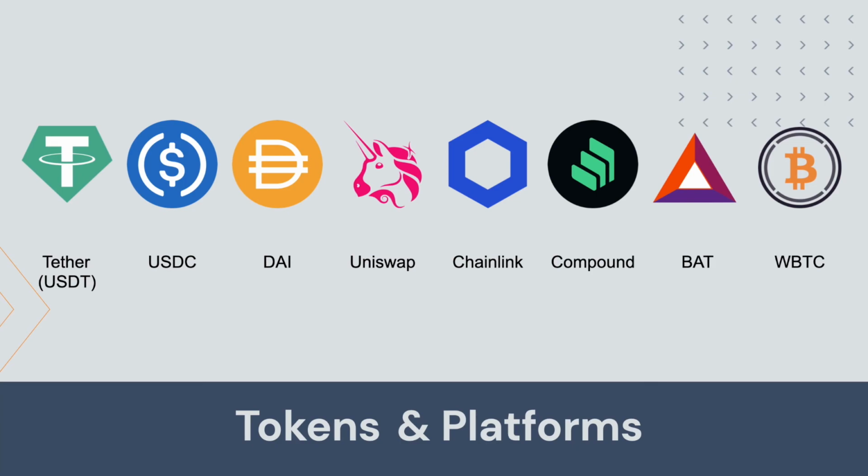They have their own tokens, but they are more voting power. A quick summary: Tether and USDC, they are a company that has a bank account. You deposit $1 and they return you one token. So you are sure that your token is valued at $1 because you go back to them, ask them for the dollar for your token, and they return you the US dollar. DAI, I already explained how it works. Uniswap, Chainlink, and Compound are used for voting on upgrades on the protocol itself. BAT is earned via ads via Brave browser and used to buy ads on Brave browser.